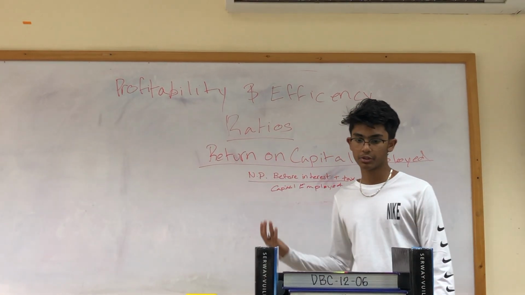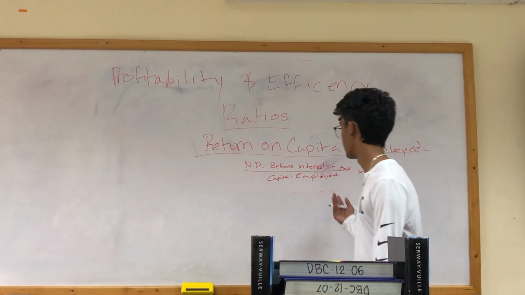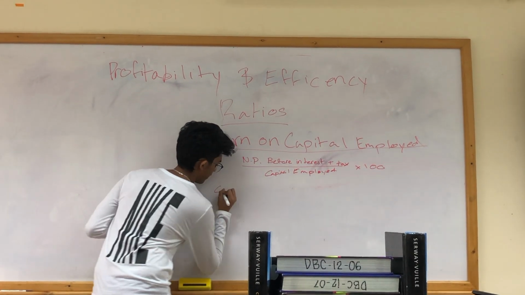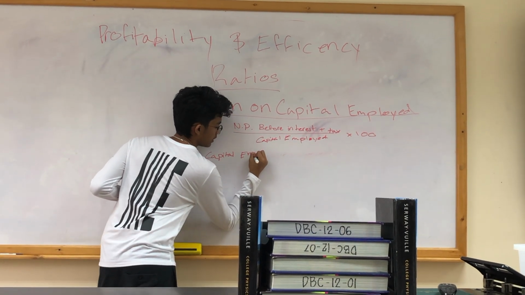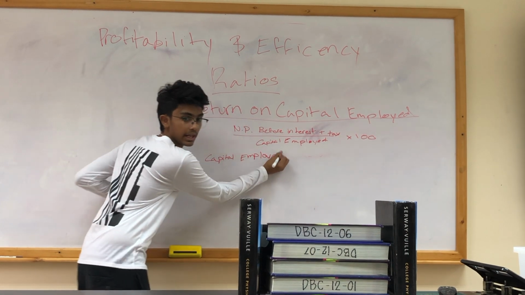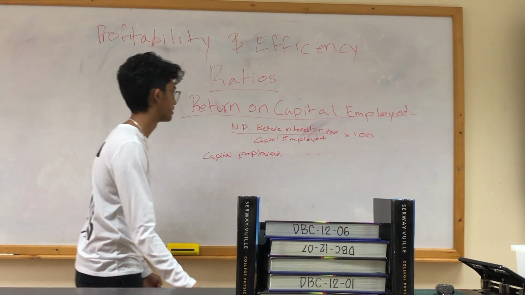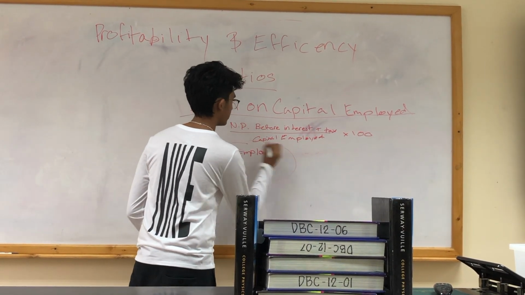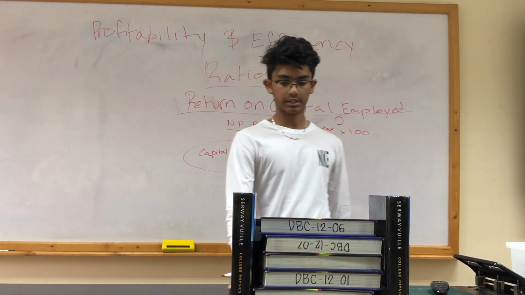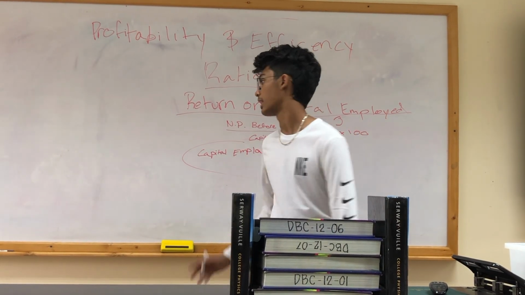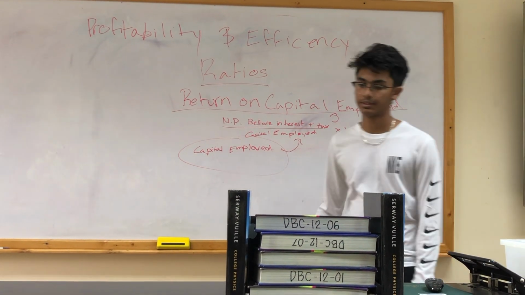This firm's resources can be summed up by the capital employed, which is calculated using the formula here, where we would have the capital employed, and then you add the long-term liabilities and the share capital and the retained profit to find your capital employed, which you use over here to find your return on capital employed. The return on capital employed will be used to calculate how the capital employed is benefiting the firm or